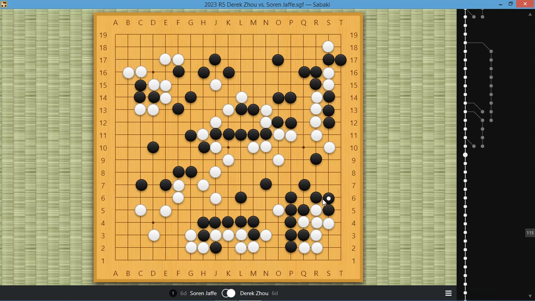Black is so weak that white should be a little more efficient with this kind of move. White covers, connect, sente, and then poke here. Again, I can cut here or here. White pushes. Again, this is a weird move. And just to tell you,